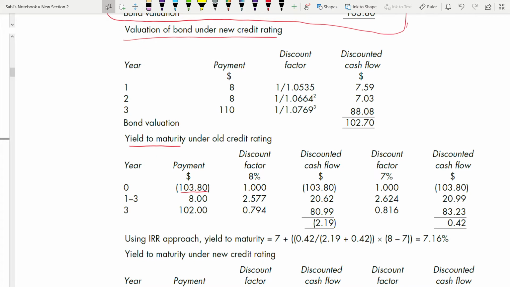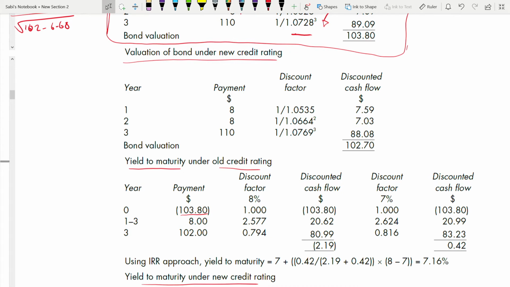Because the question asked for valuation and yield to maturity. So first you have to find yield to maturity under the old credit rating and then yield to maturity under the new credit rating. So yield to maturity under the old credit rating, first you have to calculate the value of the bond,